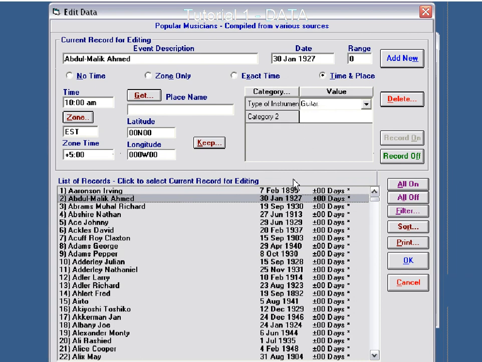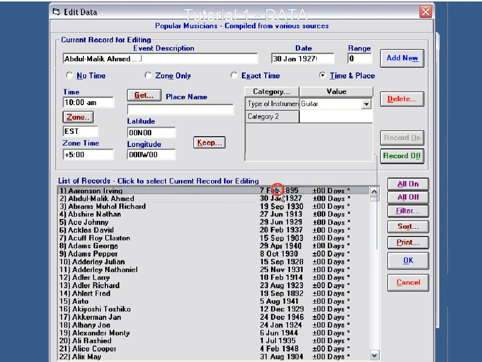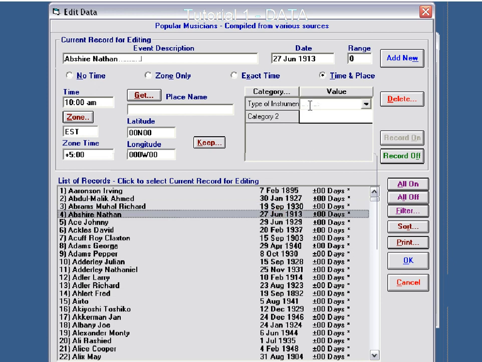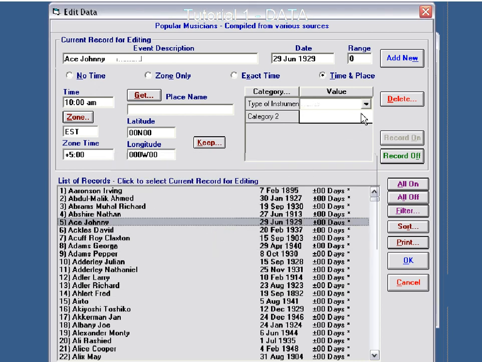I mean, why would you want to put a number value on an instrument? Because the number values you say less than 3, greater than 3. You can actually sort by, pull out the violinist, pull out the. So you don't need to put a number value on. You only use a number value if you want to sort greater than, the same as, or equal to, or less than, etc.